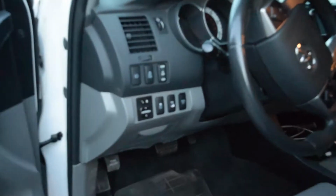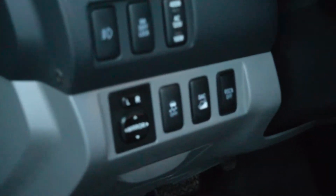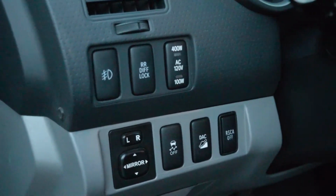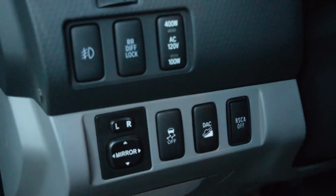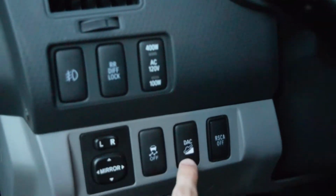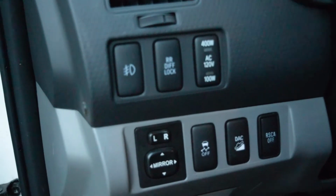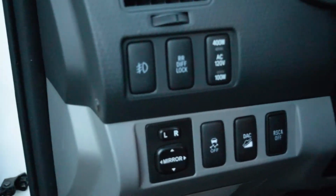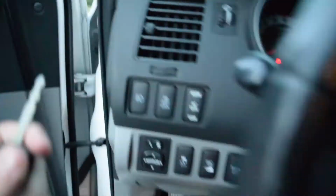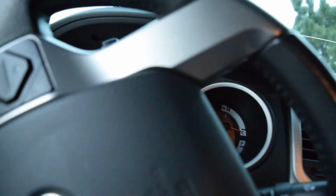Now, you know, I love the Tacoma, period. That's a statement. And I love the powertrain overall, the actual platform and chassis that it rides on. You have the downhill descent control, it being a TRD off-road. You have the rear diff lock, traction control on-off switch. So it's very capable, and it's got 4-low. It's very, very capable. But the one thing that I absolutely can't stand, for one,